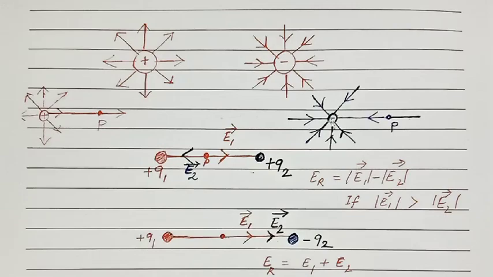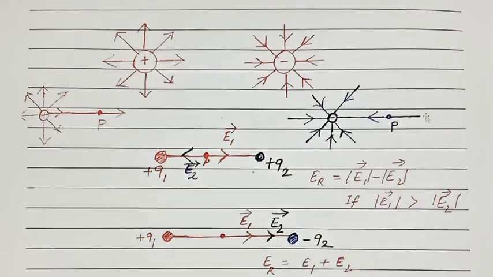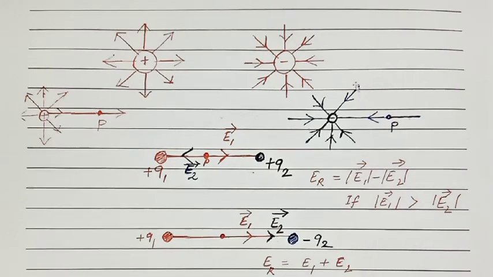Similarly, for this negative charge also at point P, this is the electric field vector, because this electric field line has to come from infinity, pass through that point P like this, and enter the negative charge. Similarly, if you want to draw the electric field at point P here, it will come like this. Fine. So let us apply this concept for a pair of positive charges.